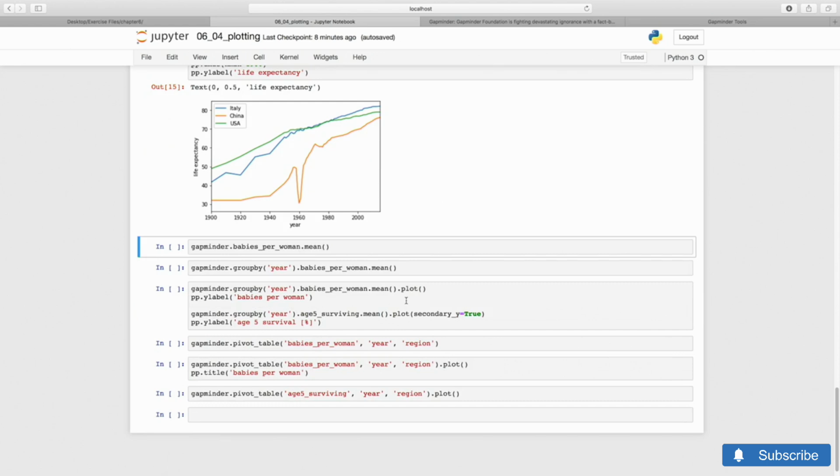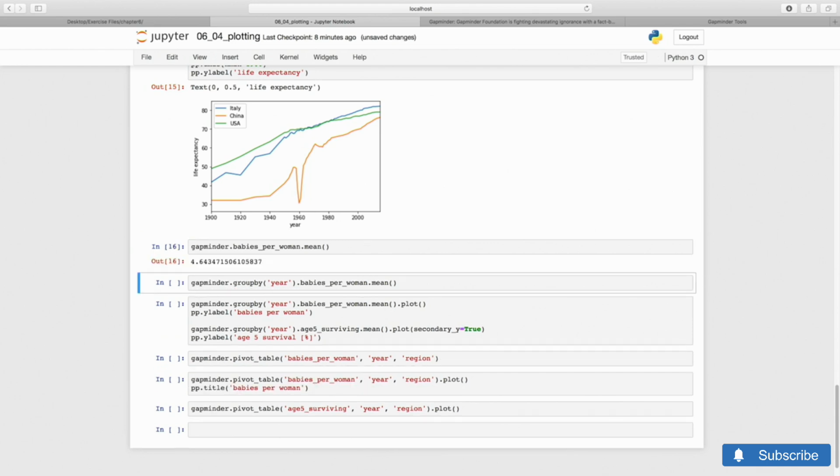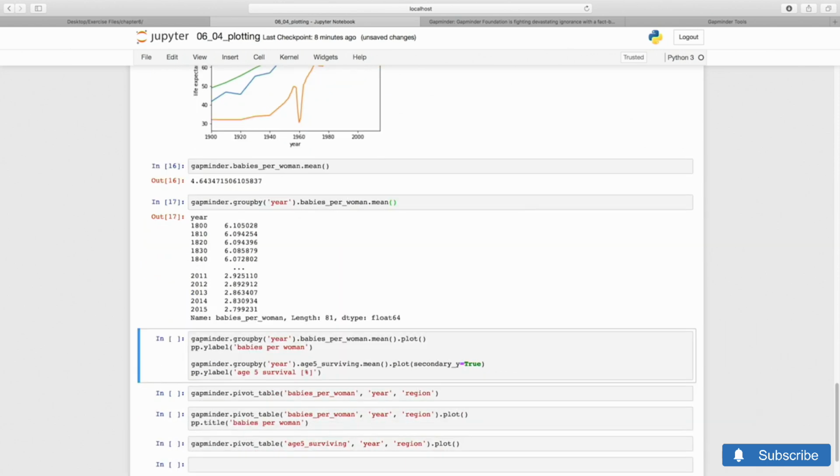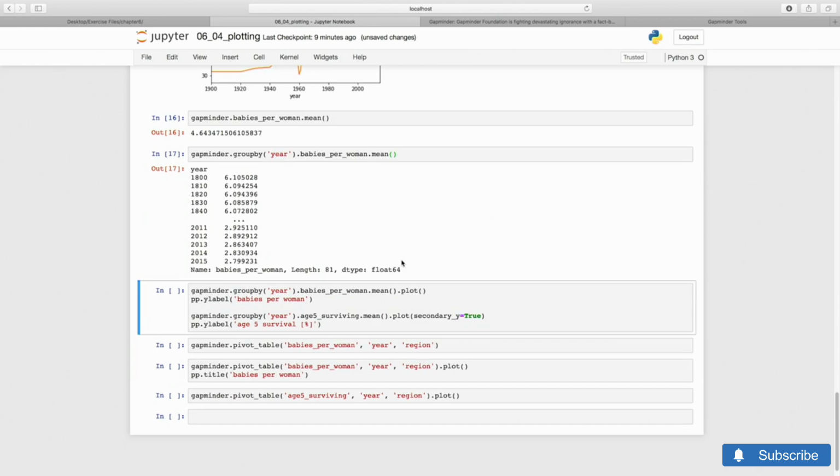Another interesting and important correlation is between fertility rate and survival to age 5. To look at this question globally, we can compute the average fertility rate over all records. That, however, doesn't mean much, since it mixes data from many years. We can use the Pandas group by functionality to segment the data frame by year before computing the average. The result is a series indexed by year, which shows the average fertility rate as a function of time. I will plot it against age 5 survival, treated in the same fashion.